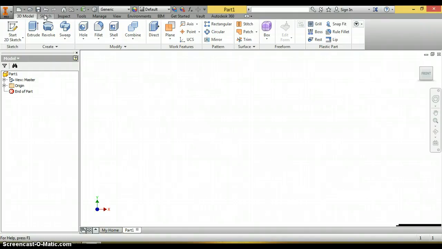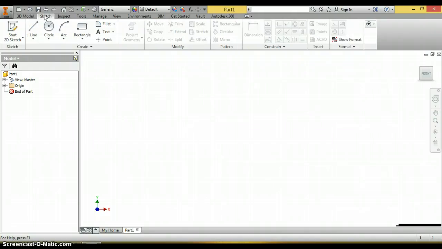Here it is a sketch menu. We can create different basic shapes just like line, circle, arc, rectangle, fillet. There is one important feature about Inventor.